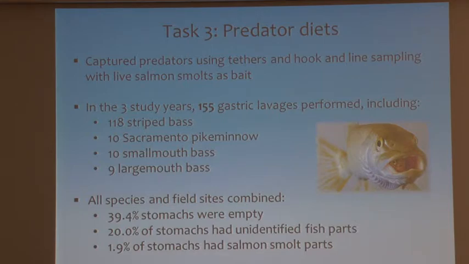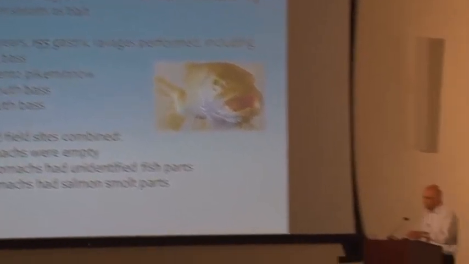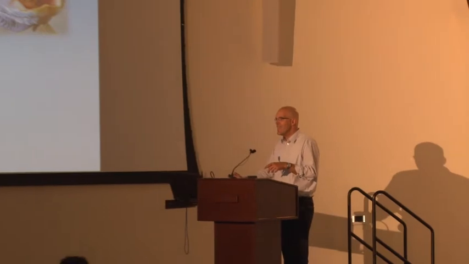At one point I did want to make that Sean put in this presentation, but I didn't think I'd have time to get to, so I took it out. He did some bioenergetic calculations and considerations of the abundances of striped bass, salmon, and whatnot. And even if the striped bass were to eat all the salmon, you would rarely find them in the bellies because there's so many other prey items out there. They're a minor element of the prey, but that's not an argument to say that striped bass can't be a problem for salmon. It just makes it very tough to study.